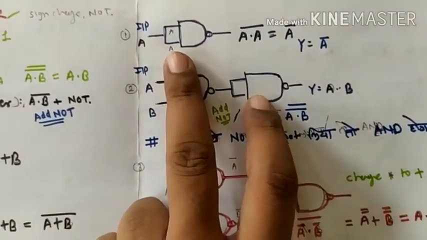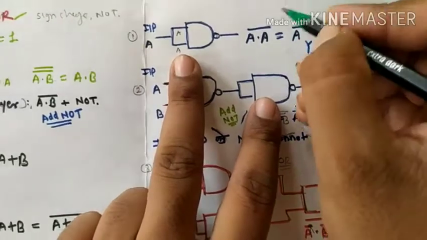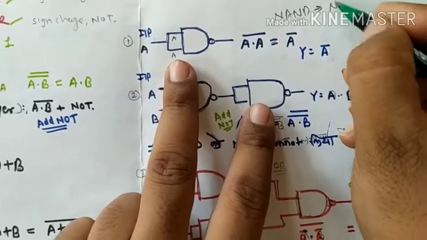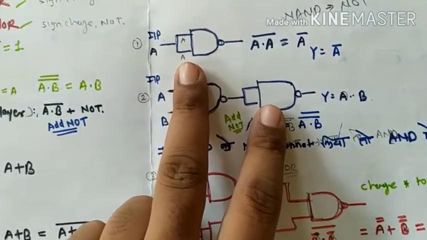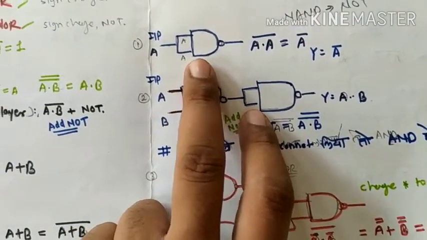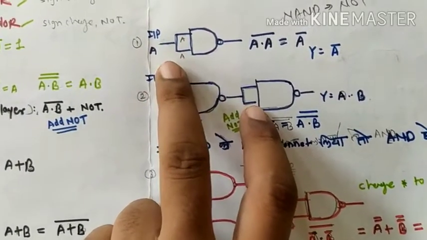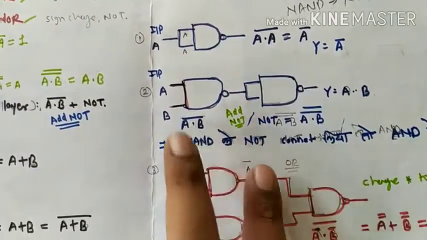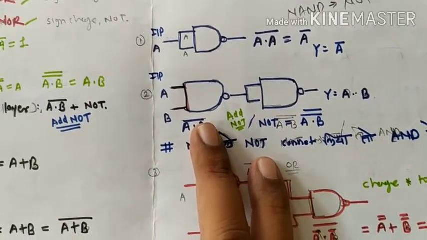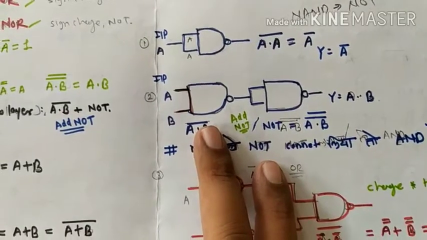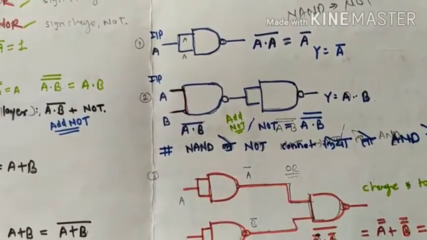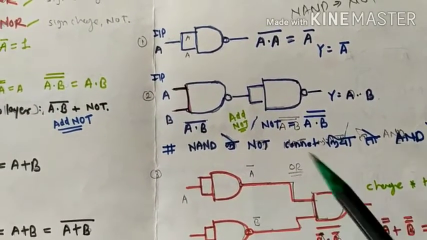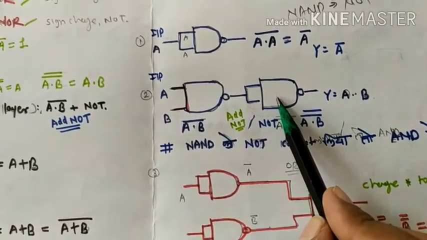See here, this one is, by using the NAND gate we convert into NOT gate. So this is the NAND gate. We short two inputs, so it is only one input A, and this converts into A bar. Next, we have one NAND gate. In front of the NAND gate we just put one NOT gate, but that NOT gate is not an ordinary NOT gate. It is the NOT gate which is implemented by the NAND gate.